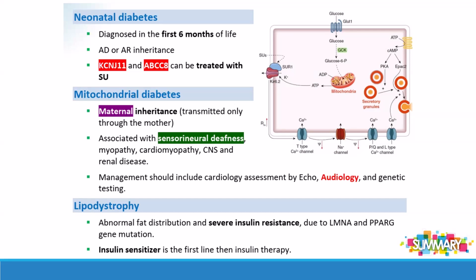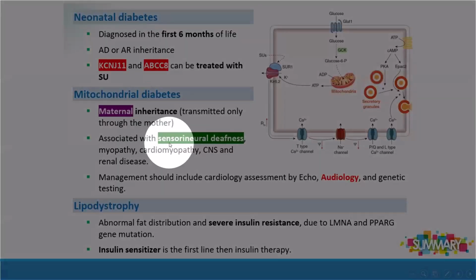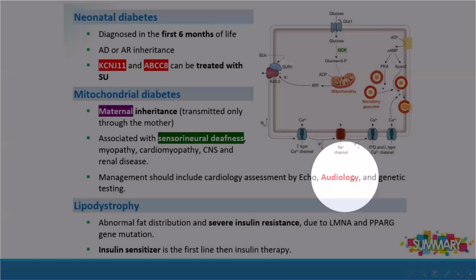Mitochondrial diabetes is inherited through the maternal line, and it is usually associated with sensorineural deafness. So if we have a case of diabetes mellitus with sensorineural deafness, we should suspect mitochondrial diabetes, and they may ask a question about the mode of inheritance, which is maternal inheritance. And the management is very important for mitochondrial diabetes. We should assess the heart by echo, and audiology assessment is very important to detect sensorineural deafness. Another very important one,